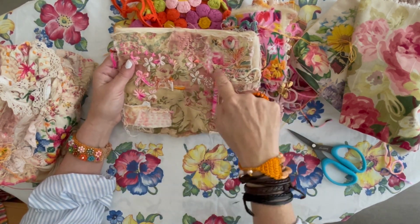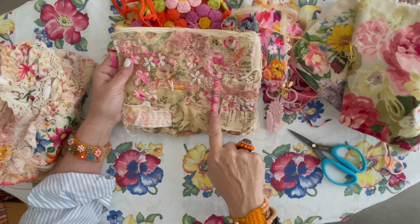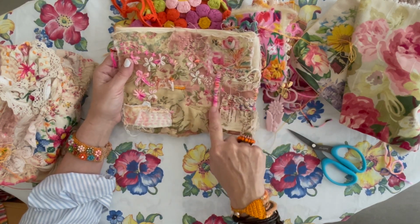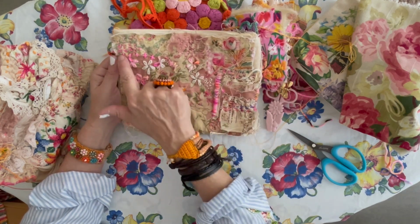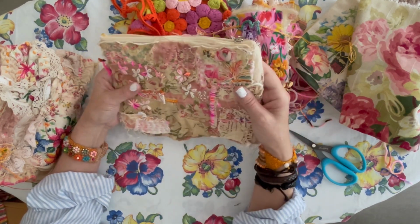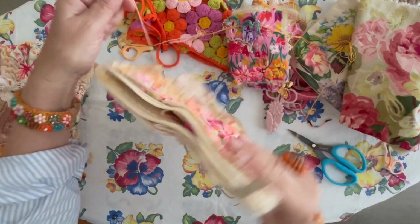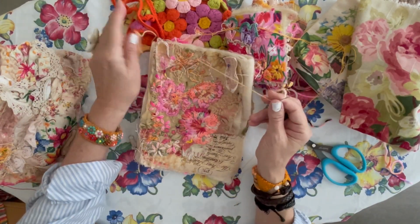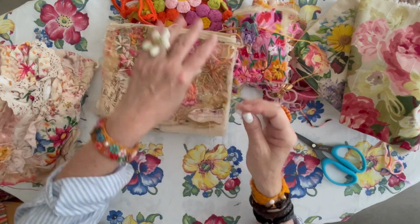I had a collage strip down there that I didn't like, so I took it off and just left that strip. A few of these daisies, a few cross stitches, work in progress, but at this point it's just fun to just keep doing what I'm doing. Now, in order to get this needle,